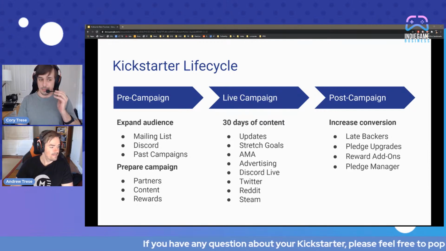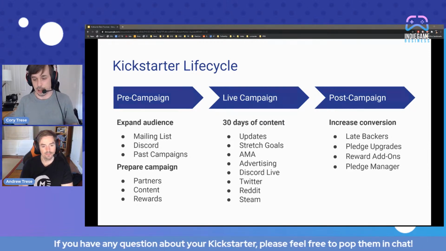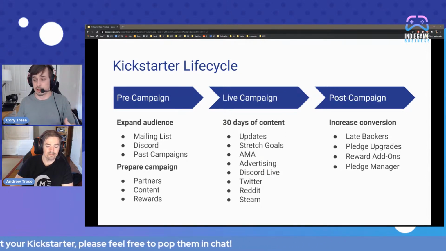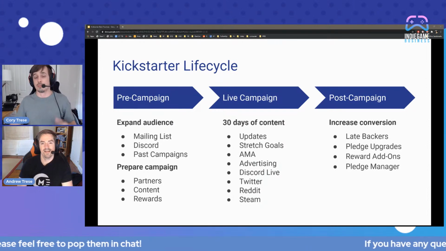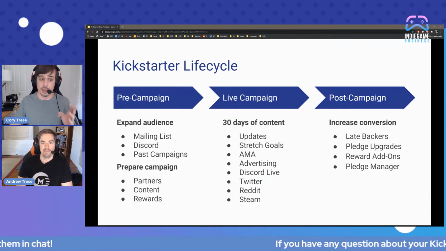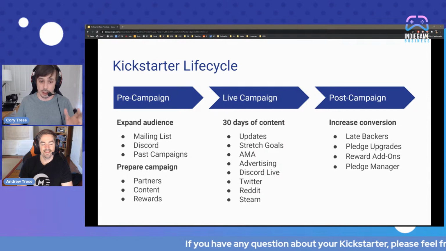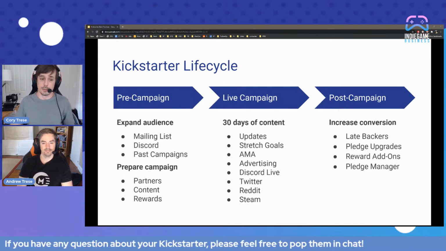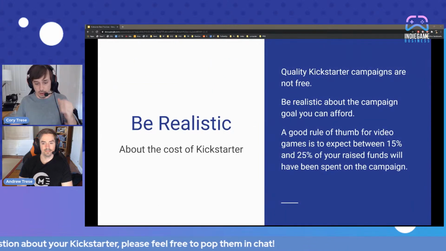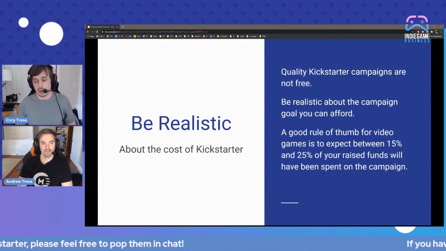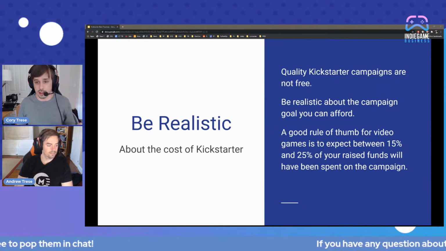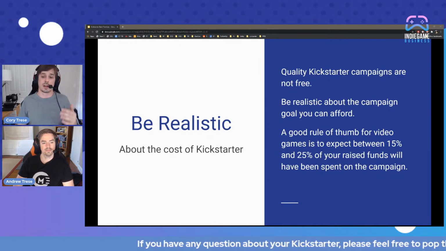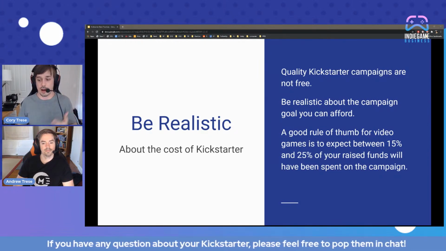So with that in mind, that if you run a campaign, you have a lot of commitment to your backers and potentially years of commitment to the community, it's important that you follow best practice and you don't get yourself into things that you can't deliver on, or put yourself in a place where you're delivering at personal expense. So one of the really important things to do is be realistic. You have to be realistic about how much a Kickstarter campaign actually costs. Those polished campaigns you see on the website were not free. They did not build themselves.